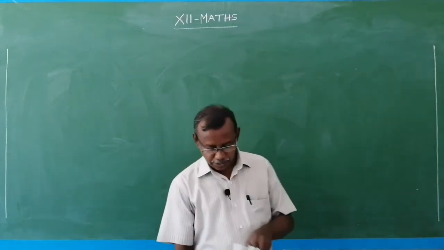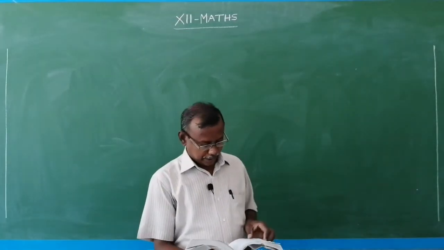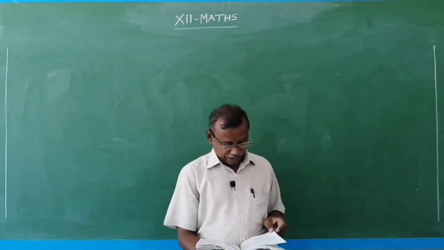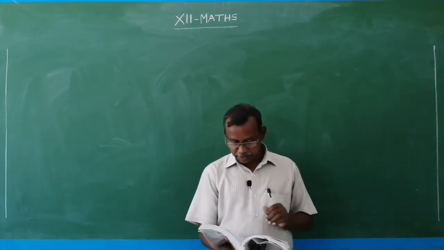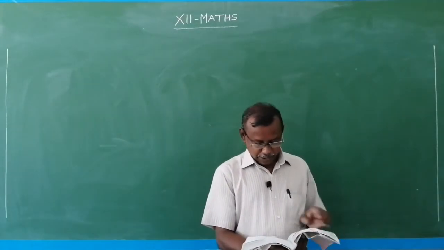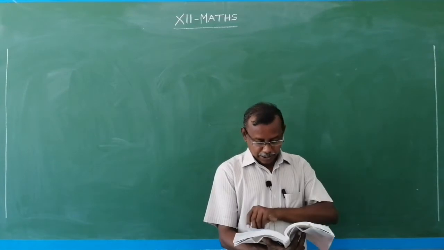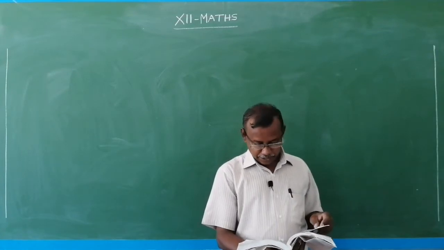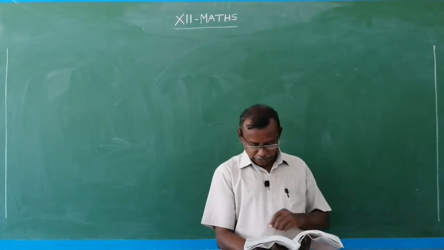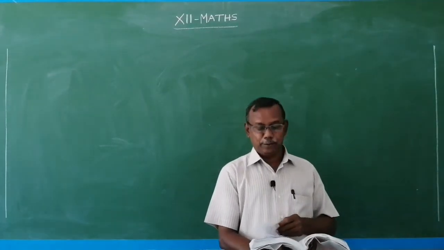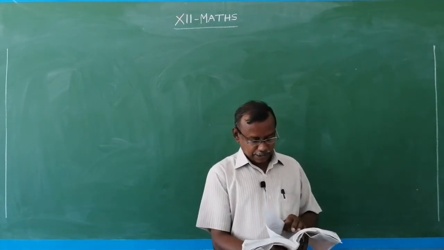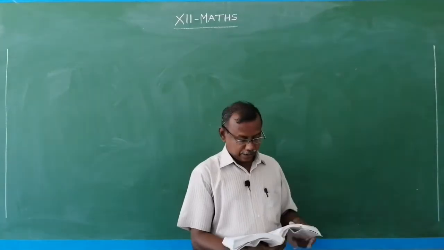Good morning, students. We have completed exercise 8.1 and the next topic, area between two curves, is deleted from our current syllabus. That is, examples 6, 7, 8, 9, 10 are all deleted, and all the problems in exercise 8.2 are deleted. The entire exercise 8.2 as well as the examples related to the exercise are deleted.